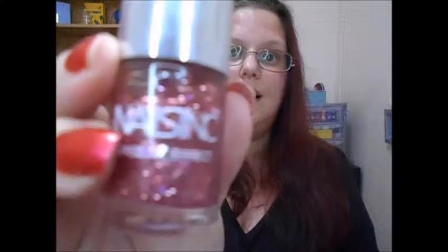I say beautiful, but I'm not a baby pink nail polish kind of girl, and I look at the colour in the bottle and I think, wow, that's stunning, and then I put it on my nails and I think, ugh. So I actually went and topped that with a little bit of Nails Ink Derby Gate, and these are like little